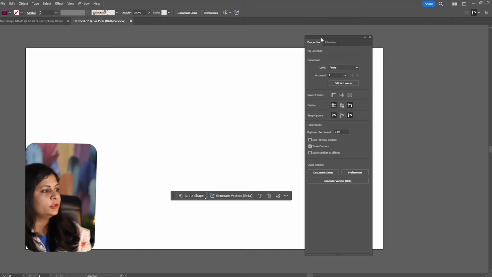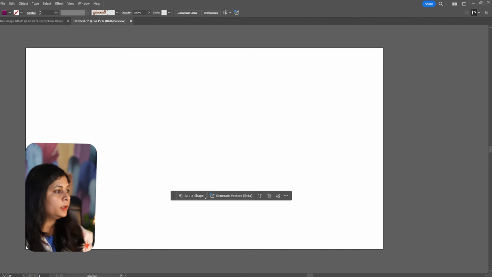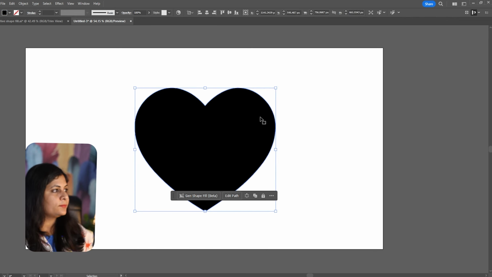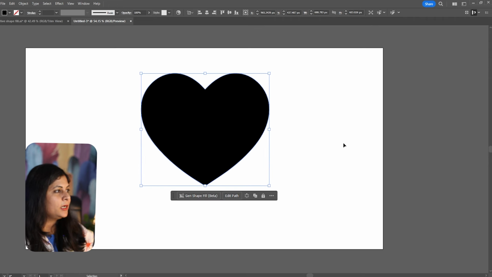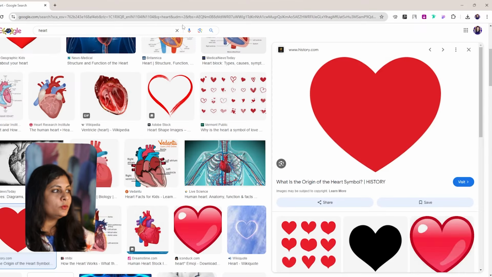There's one more feature that I really like. So let's go back to our very complicated shape. So let's say I want to add a particular style of flowers or anything to it. We can do that also.